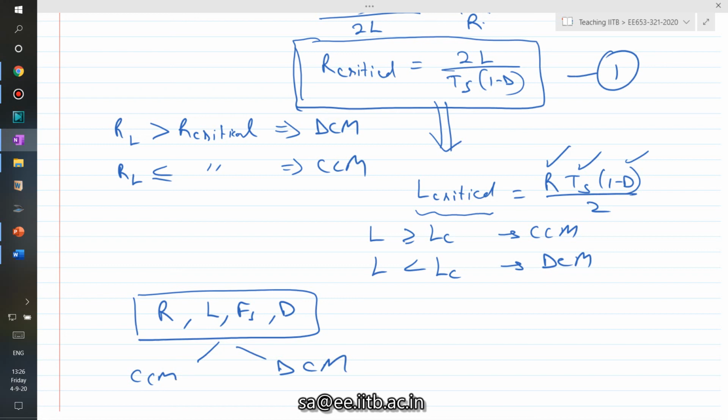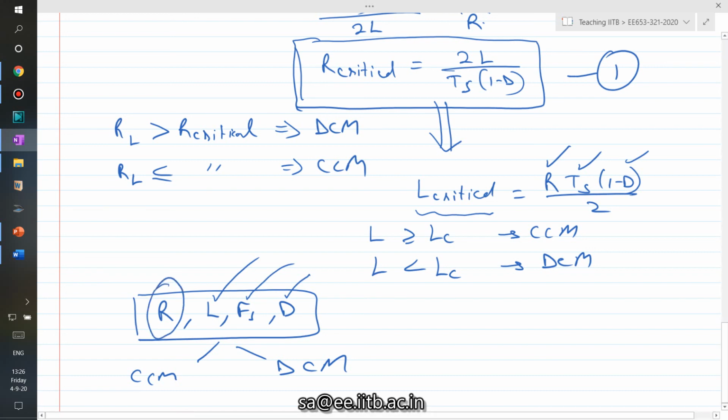In general, when you design a converter, you fix the value of inductor. You don't usually change it. You fix the value of switching frequency. You don't generally change it. Duty cycle does change, but not over a wide range if your input source is well behaved or close to an ideal source. So in usual circumstances, R is the one which actually changes.